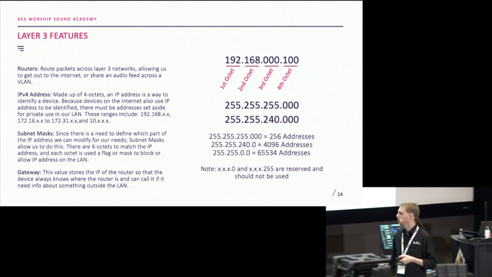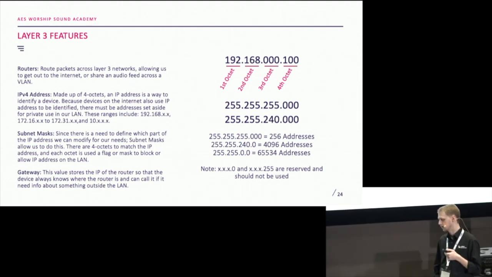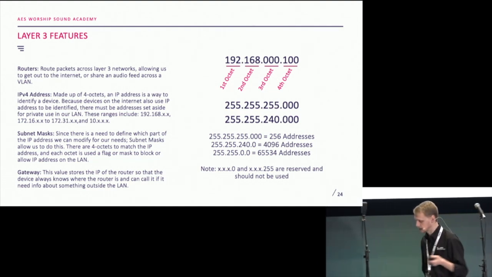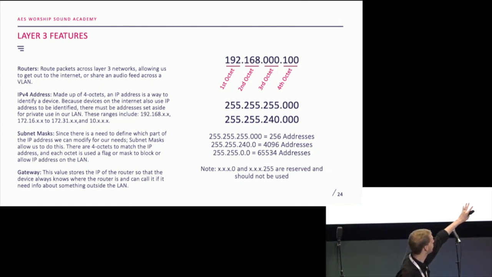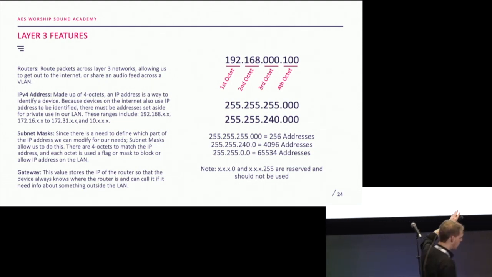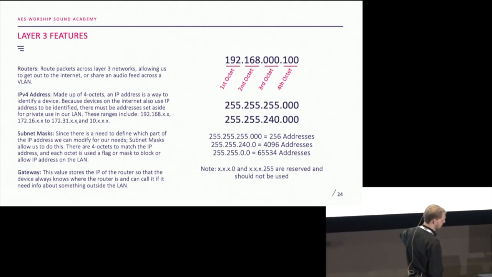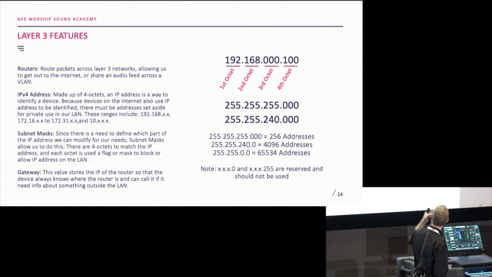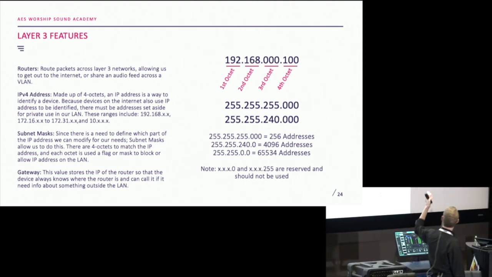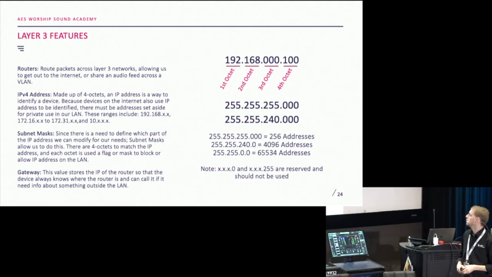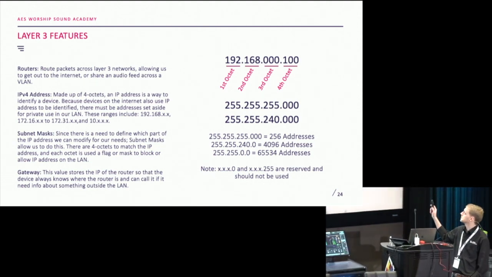So IPv4, we've also heard of IPv6. We're not going to talk very much about it because we're not really using it a whole lot in our audio stuff. But the 4 is made up of these 4 octets, which are up there on the top left. It's called an octet because it's actually 8 bits. So each of those numbers is made up of 8 bits, which we have then converted into base 10, which is what we're used to, 1, 2, 3, 4, 5, 6, 7, 8, 9, 0. So we've got our 4 octets, and those are defined for us